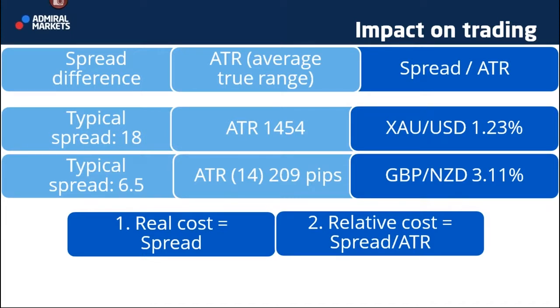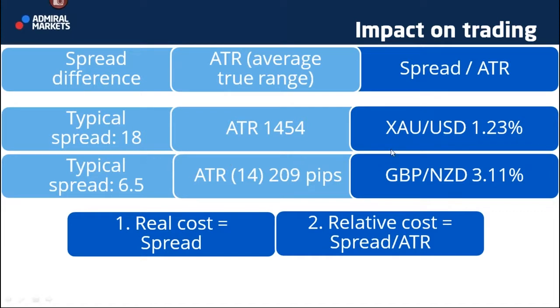So what we looked at is some typical spreads and some ATRs. These are ATRs at the time that we looked at this and prepared this last week. These ATRs are not fixed. Of course, ATRs go up and go down because the market increases and decreases its speed and movement. So this is just one point in time, a measurement at that particular moment. So this is not something that always is like this, right? Just want to emphasize that. But at that time,